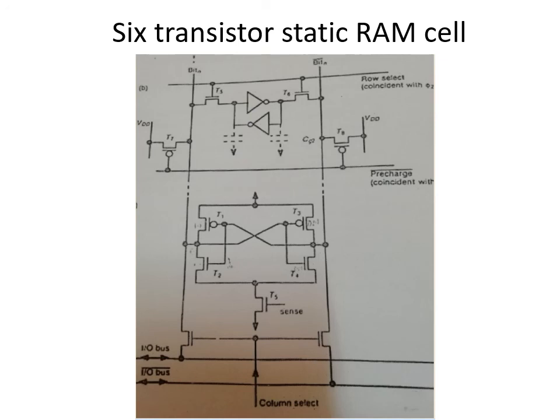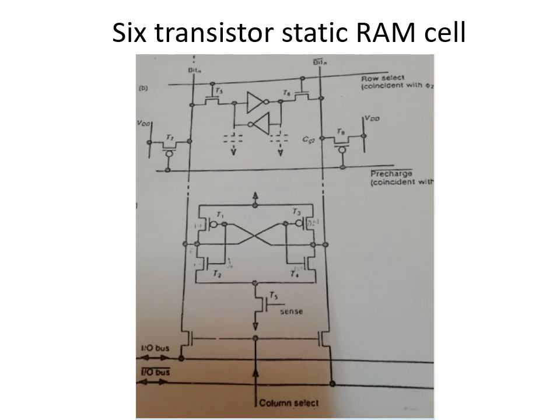For the write operation, the data bits will be stored as gate capacitance. This is called a 6 transistor cell. The reason is that there are two transistors, T5 and T6, and along with that you have two inverters. Each inverter in CMOS design contains a PMOS and an NMOS, so for each inverter, two MOSFETs. So 2 plus 2, that is 4, and the two transistors. Totally there are 6 transistors in the configuration.